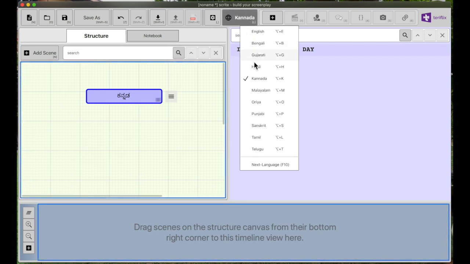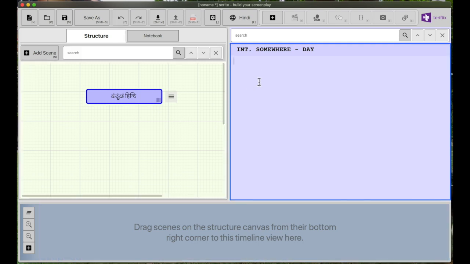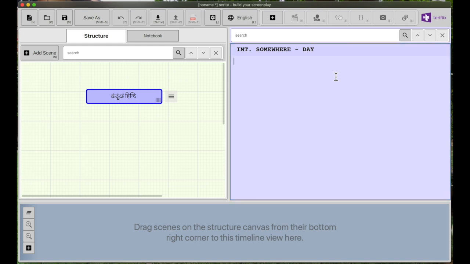Or I could select Hindi, and from then on, it will convert the last written word into Hindi, right? And it's the same logic anywhere. I can use the shortcut key, which is Alt E, Alt P, etc., to change from one language to another. So I'm going to say Alt E, so it's going to switch into English, and I'll say two people are speaking to each other. I'll say North Indian guy, and then the North Indian guy is going to probably speak in Hindi, so he'll say